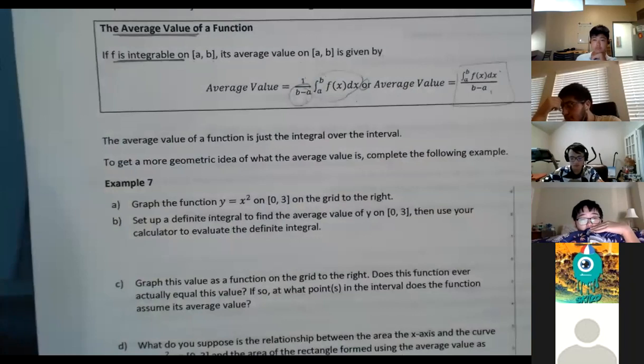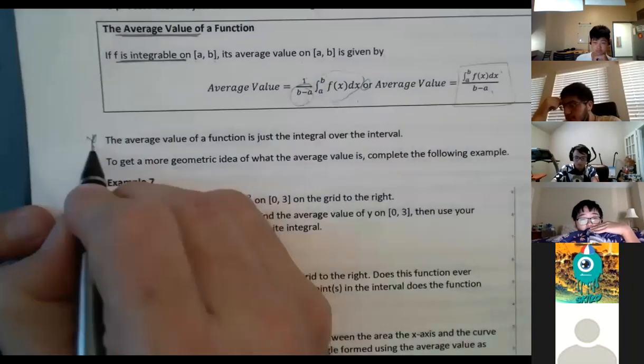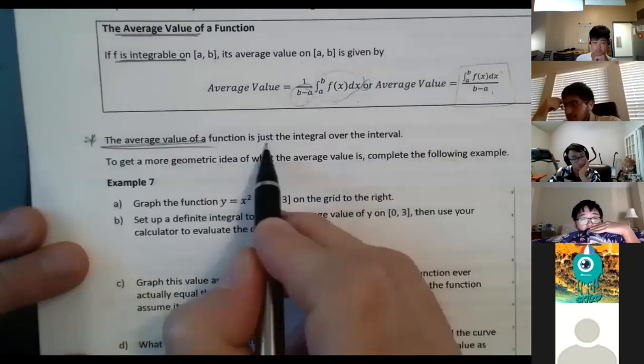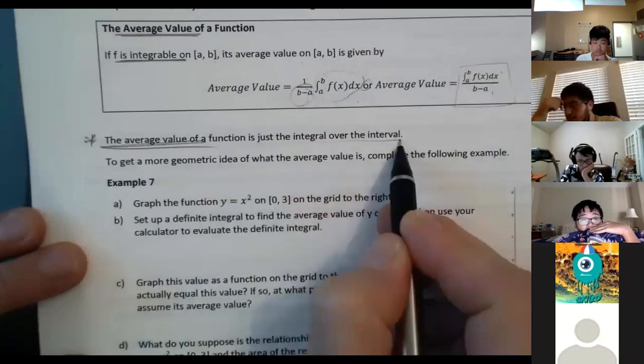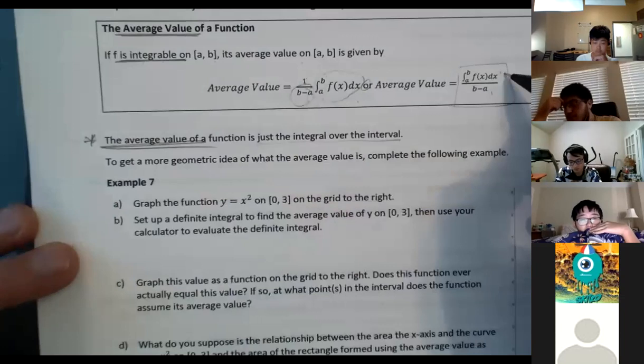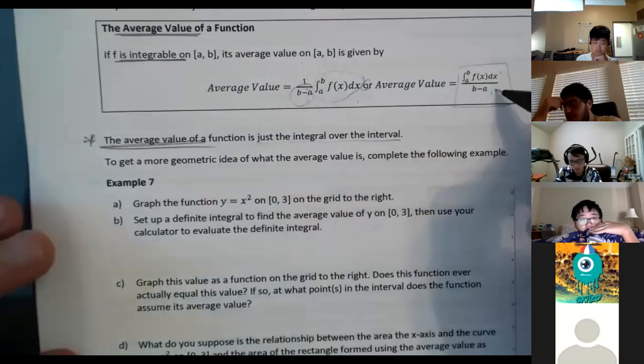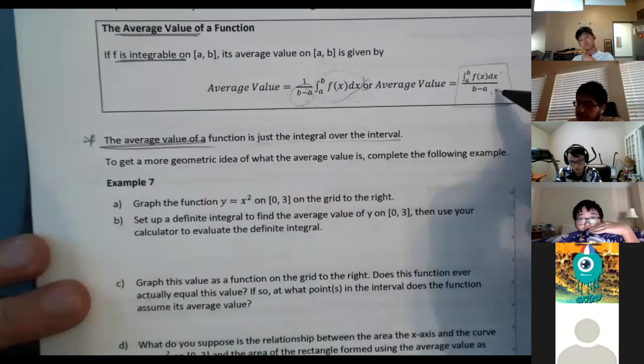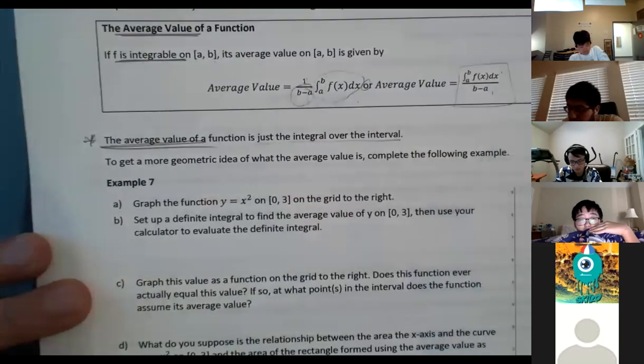So this basically summarizes what the average value of a function is. It's just the integral over what? The interval. It's just this integral divided by the interval. That's all there is. Okay. All right, so